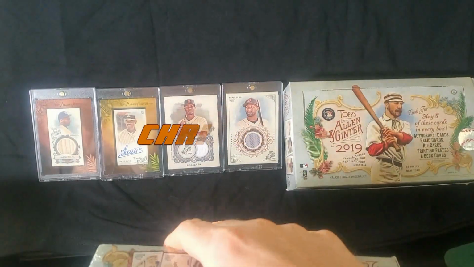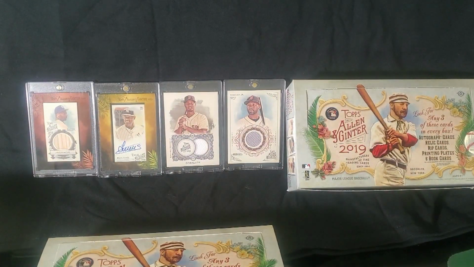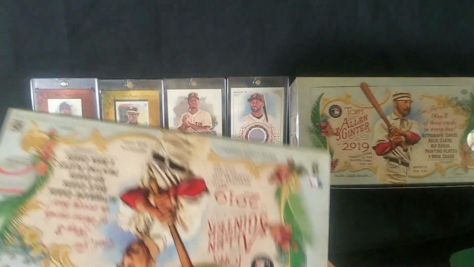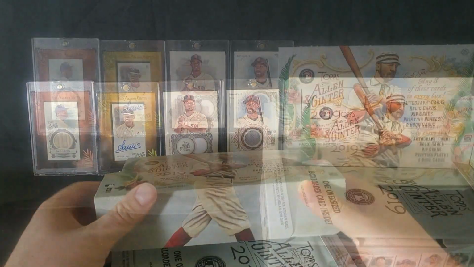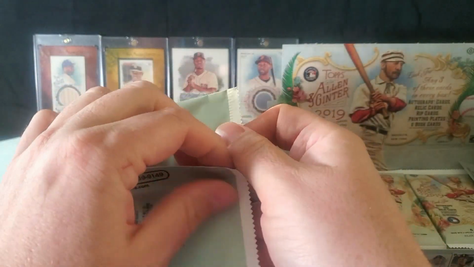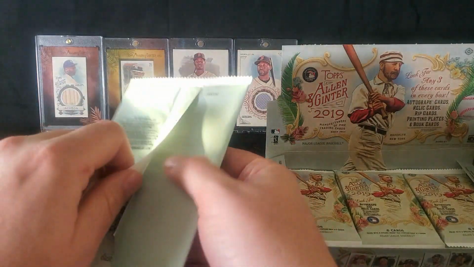This time we are opening up my second box of Allen Ginter from 2019, as you see here. Pretty good score on the first box. I got that Bo Jackson bat relic, the Luis Severino framed mini auto. Couple of boring relics, but that's okay. Those first two cards more than made up for the box. I thought that was a pretty exciting pull. Now let's do this. Let's see if I can go 2 for 2. I very rarely go 1 for 1, so going 2 for 2 might be asking for a bit too much,